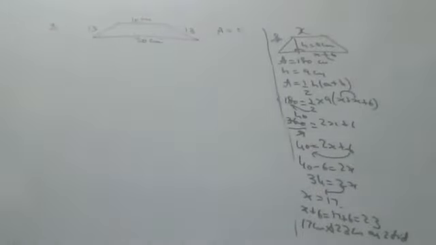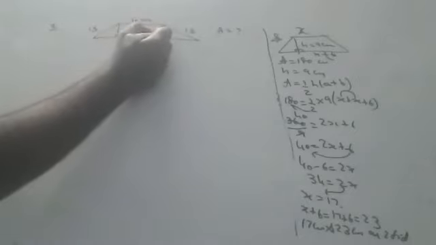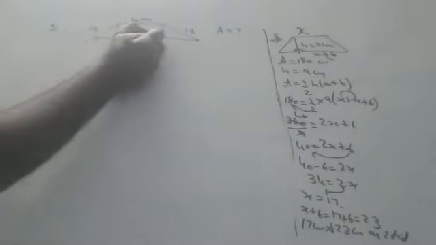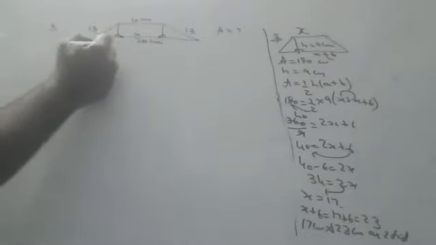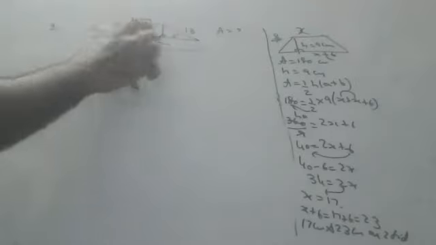When a question like this comes, how should you do it? Slowly I will say, try to understand. So many methods are there. One best method: drop a perpendicular here. If this is 10, this is also 10. From 20, 10 is here, so here 5, here 5. You can do it like this if these both are the same.